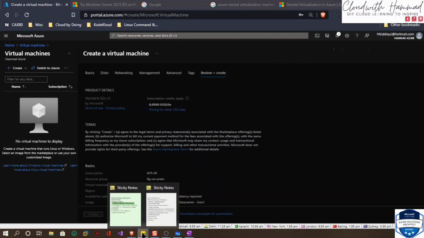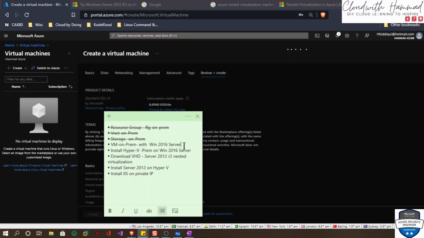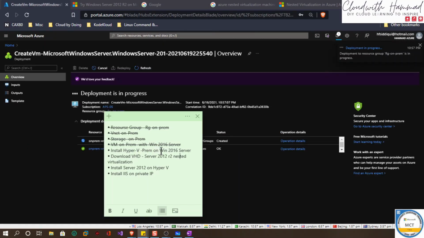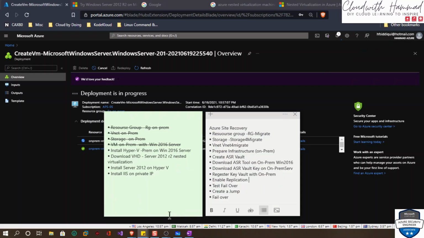In the meantime, let's go back here to our cheat sheet. We already have deployed this, so we'll X out this one. Once the machine is deployed, we're going to log into our 2016 server, and then we'll install a Hyper-V VM on this machine. While this deploys, I will be looking into this one here for a second, and then we can also create this here as well. So let's create another